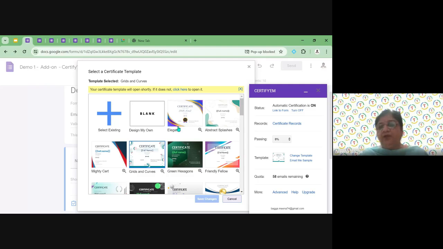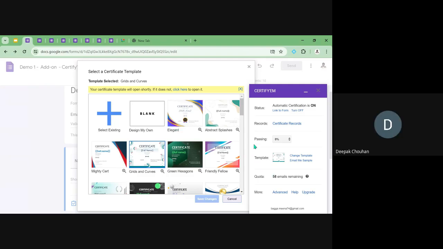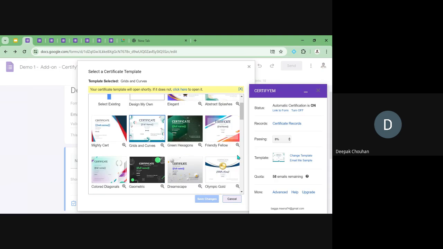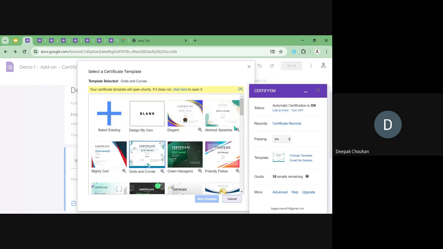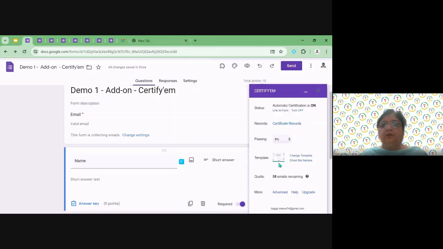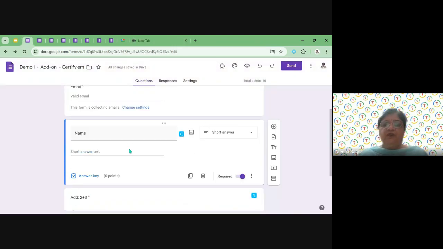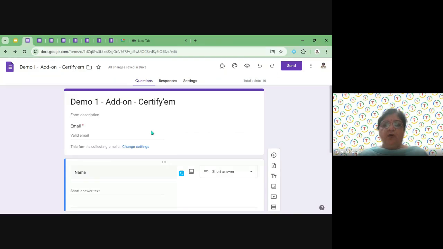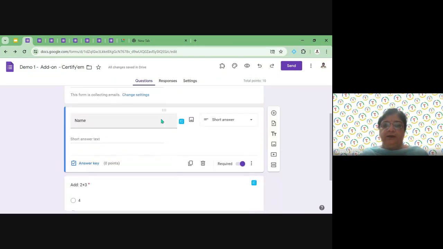It is taking some time. Okay, it is here. Let me just close it. Now, whenever you share this form with anyone, the certificate will be issued directly.